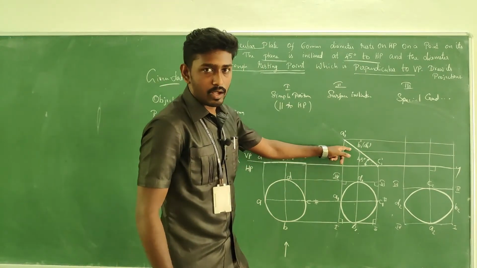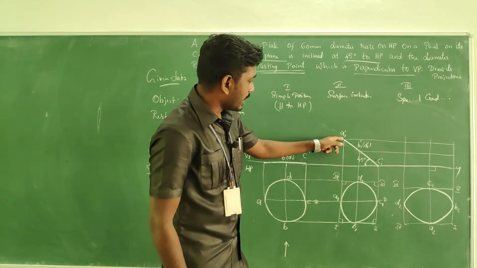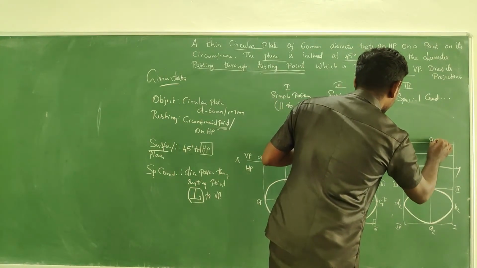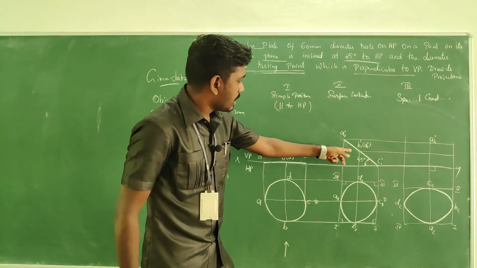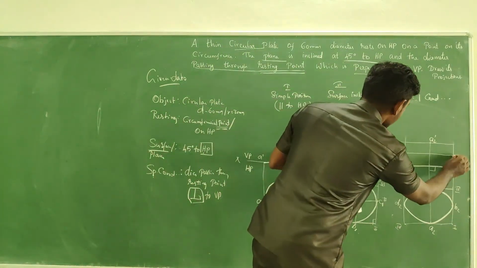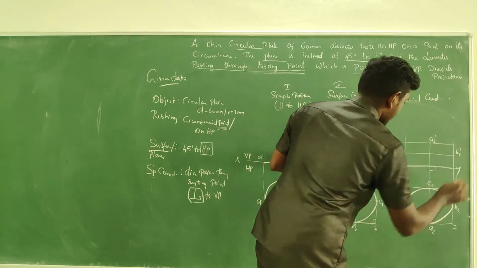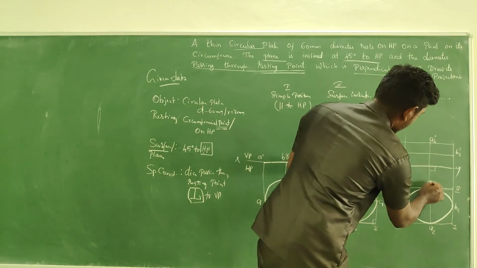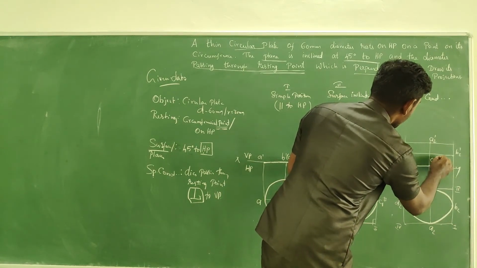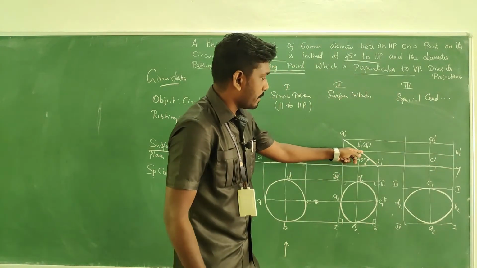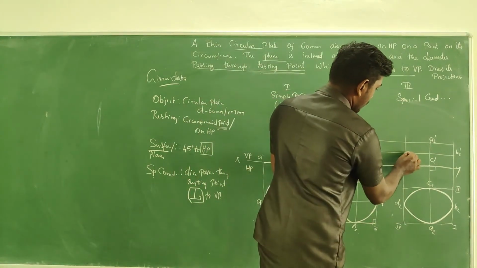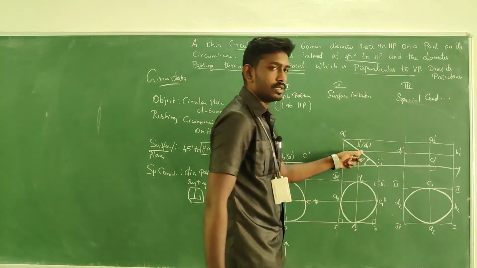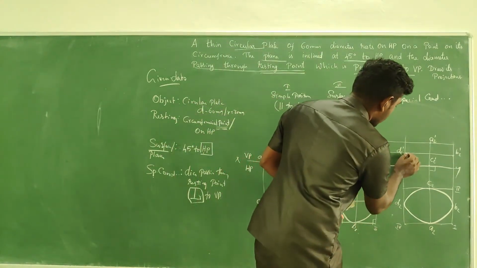So now do the tracing mapping work. So here is A, here is A. So this A is your A2 dash. Where is B? Here is B and here is B. So it becomes B2 dash. C, horizontal. Where is vertical? C, here it is. So this becomes C2 dash. Where is D? Horizontal and vertical. So this becomes D2 dash. Now try to connect it.